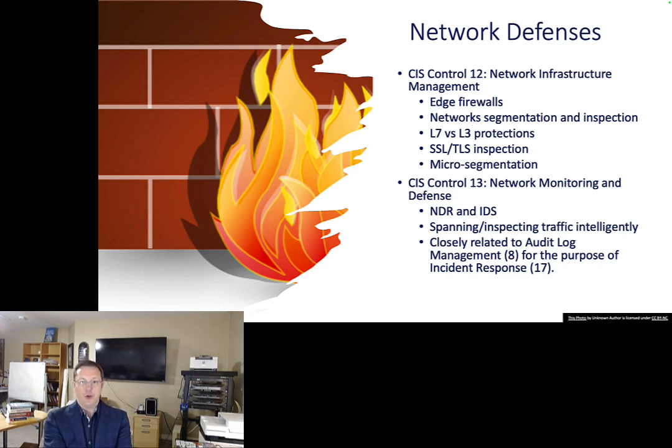Network defenses. Control 12, network infrastructure management, and Control 13, network monitoring and defense. So this is like edge firewalls, you've got to have firewalls at the edge. Network segmentation and inspection. Micro-segmentation is where it's running at the host or the hypervisor level. There's, hey, if bad things are in SSL or TLS or encrypted traffic, are we seeing it? Layer 7 protection is looking at the actual traffic, like seeing payloads in a session, seeing somebody trying to exploit something, looking for signatures, using firewall intrusion prevention systems, and on the bottom side, NDR and IDS, things like Suricata signatures,